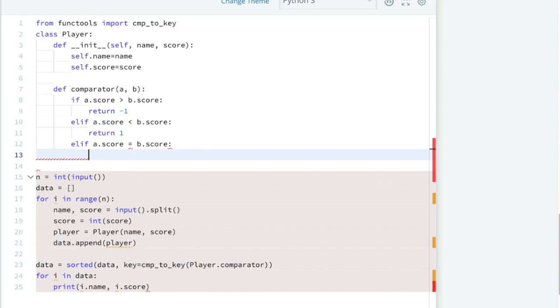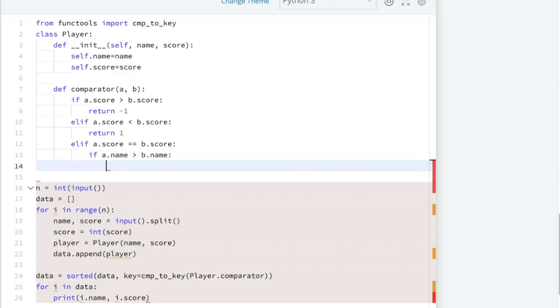Then we have to check if a.score equals b.score. Then we check if a.name is greater than b.name. If it is greater, then we have to return 1. We have to sort this in ascending order.